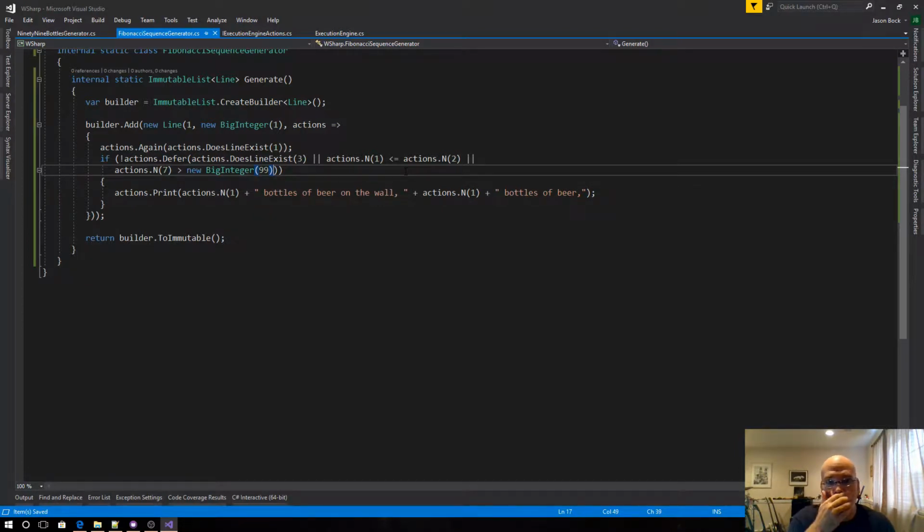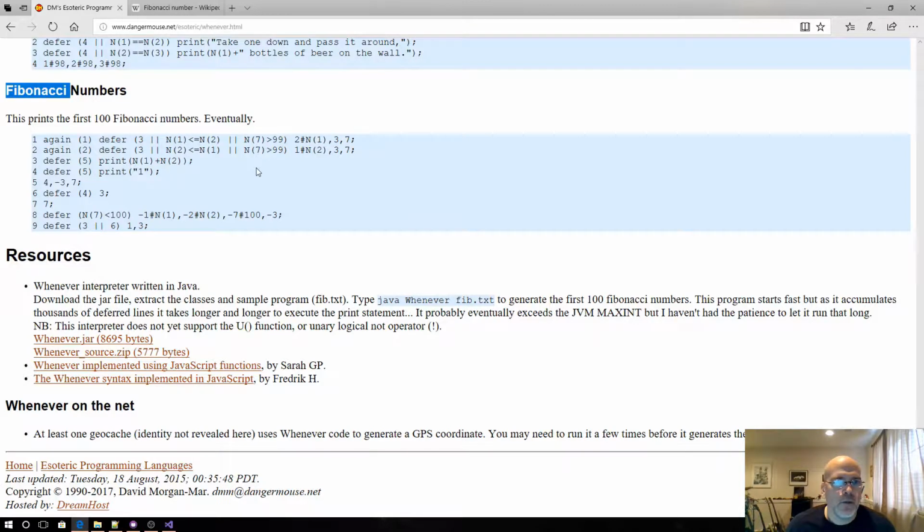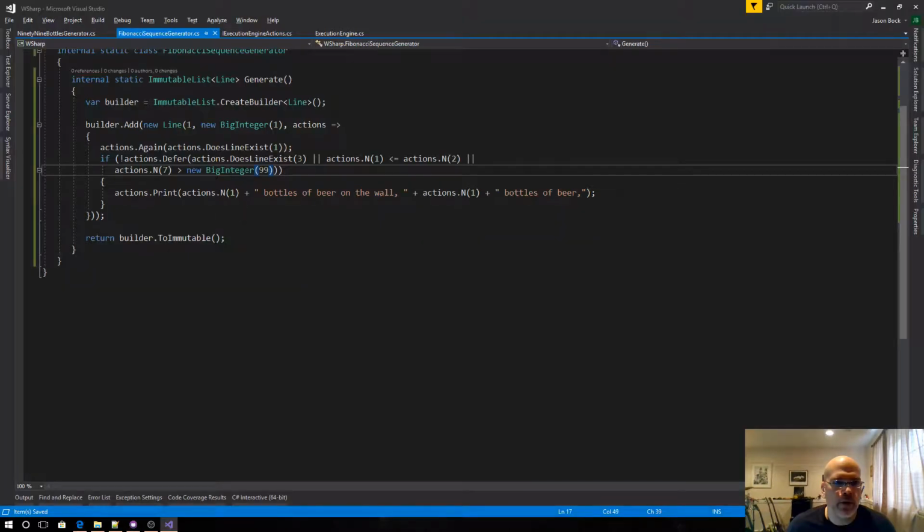I really should. These compare right. Okay, those are fine. So if we defer that, 3 less than or equal and greater than,